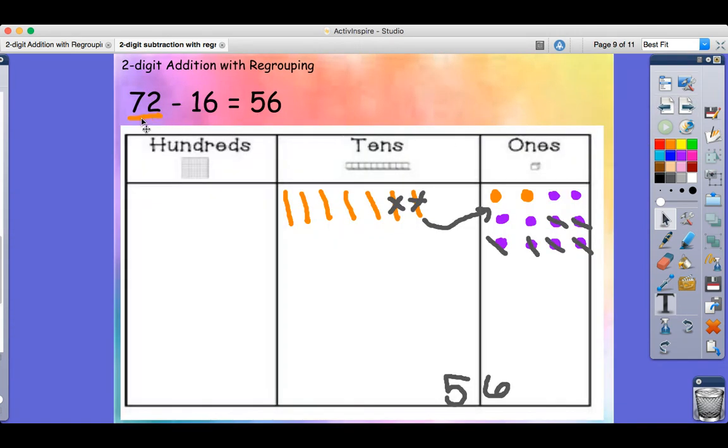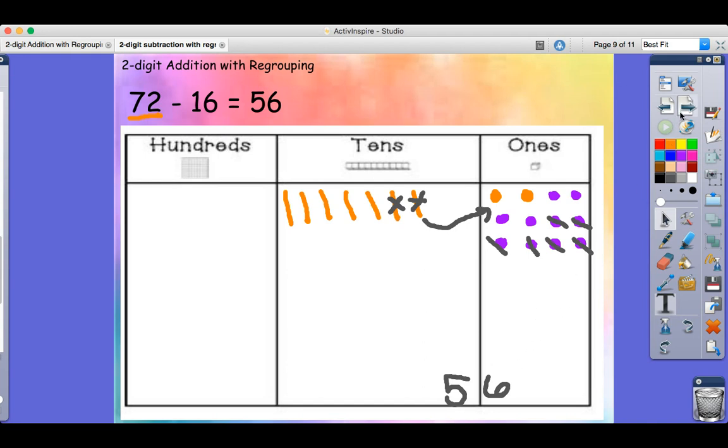Your next equation, which was 72 minus 16, here's one way that you could have shown that problem or done your work. You could have drawn 72 out. I drew it out in orange here. Here's 7 tens and 2 ones. And then you should have borrowed a 10 and broken it up into 10 ones, taken away 6 ones to be left with 6 ones, and then taken away 1 ten to be left with 5 tens to get a